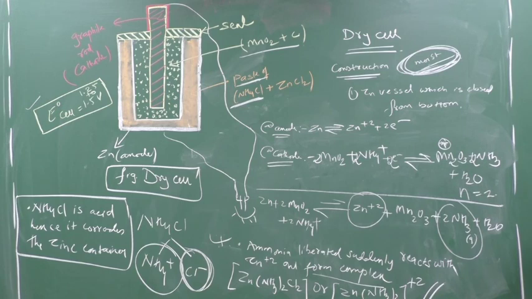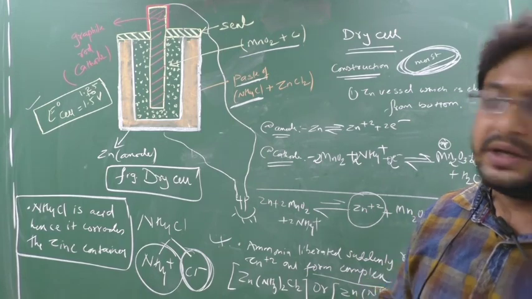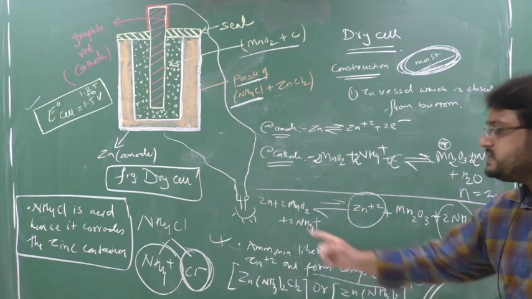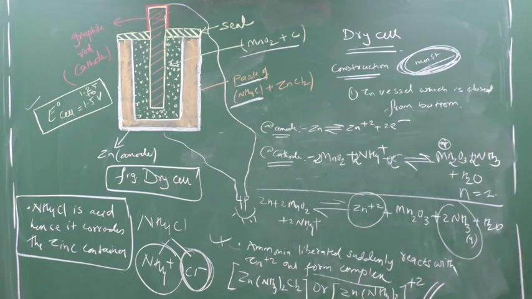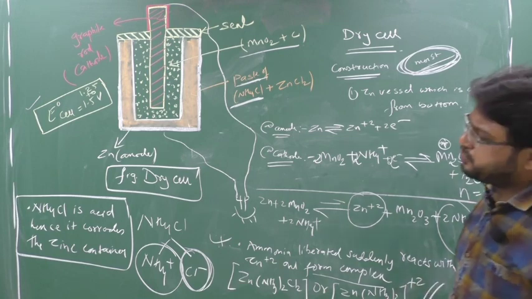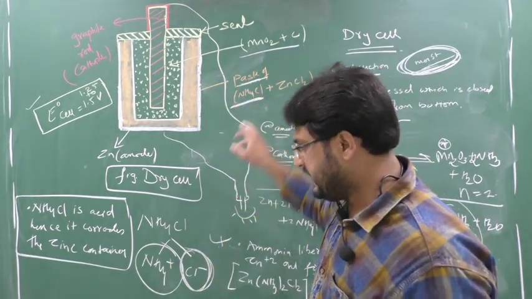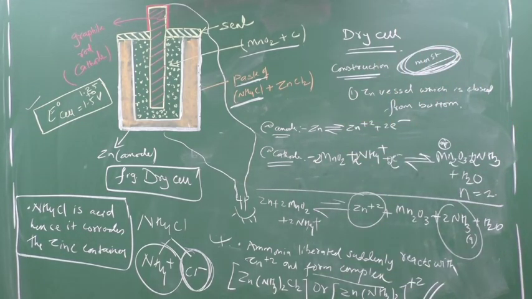Now on the product side, we have observed that we get ammonia, but during the reaction in a cell, if you see at your home, your cell does not swell or something. Why? Because the ammonia that is formed directly reacts with Zn2+ and Cl- and forms one complex, and that complex is Zn(NH3)2Cl2 or [Zn(NH3)4]2+. This is very important for your boards or for your competition exam. Now this cell also rusts automatically on long usage, because here NH4Cl is acidic, hence it corrodes the zinc container. Net cell potential is 1.25 volt to 1.5 volt.